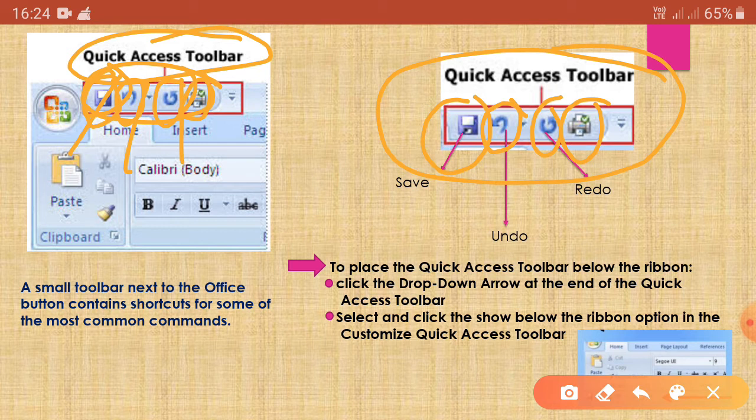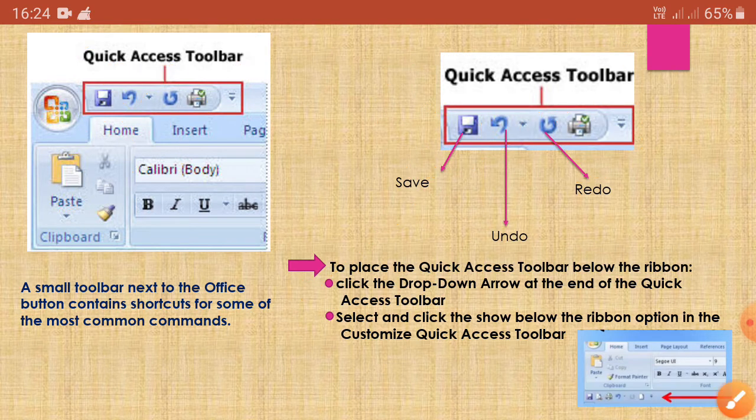Now we'll learn how to place the quick access toolbar below the ribbon. We know what is the ribbon. Okay, so what are the steps? Click the drop down arrow at the end of the quick access toolbar, that means this. If you click on this drop down arrow of the quick access toolbar, then select and click the show below the ribbon option in the customize quick access toolbar.